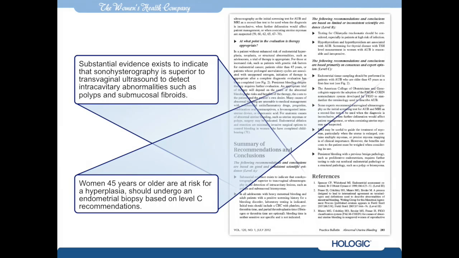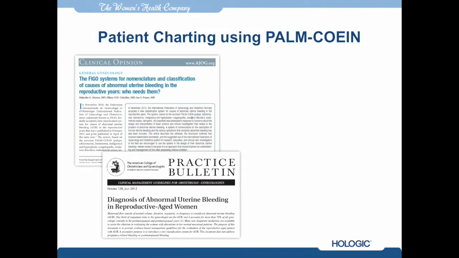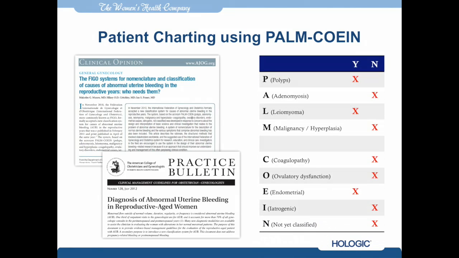level C recommendations. It's very important that all physicians adopt this new nomenclature, as you can anticipate that most of the current published research on abnormal uterine bleeding will incorporate this classification system. It's also beneficial to incorporate this classification system into everyday practice. Good and accurate record keeping and charting of patients who have abnormal uterine bleeding will assist in the transition of